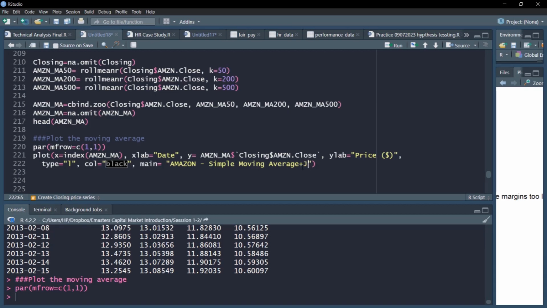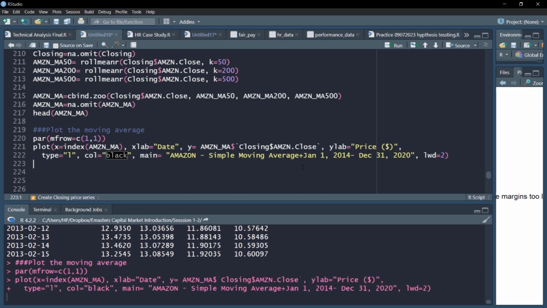We'll also add or specify that's January 1st 2014 to December 31st. You can choose any date to plot and select depending upon your data. So December 31st, let's say this was our date period that we wanted to specify on the heading. You can choose any date or select the data accordingly. So this is our first step.